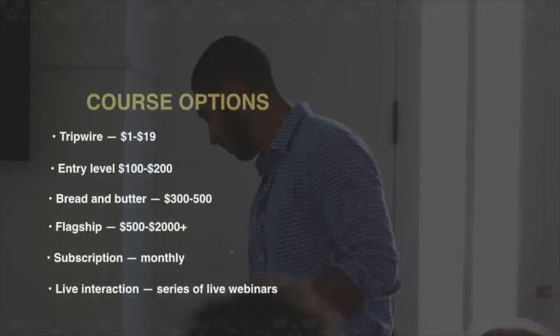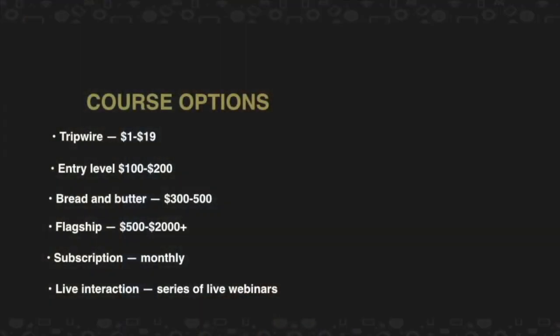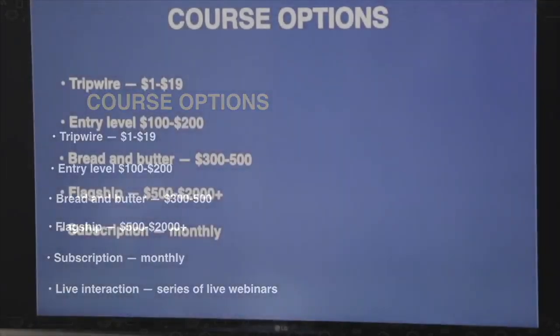So these are the ways that I like to think about courses and really digital products in general. I mean, courses are kind of one type of digital product, but there are lots of different types of digital products. So the first being Tripwire. Why do we call it Tripwire? Well, Tripwires are designed not necessarily to make a lot of money. They're designed to be self-liquidating offers. So for anyone who doesn't know what a self-liquidating offer is, it's essentially a low price offer that just gets people in the door.